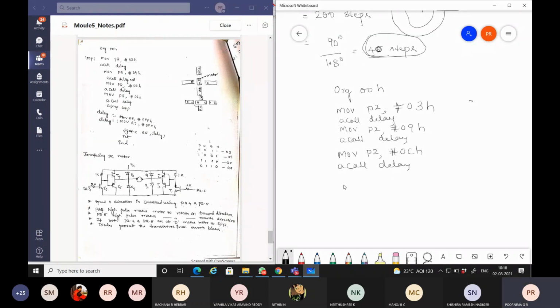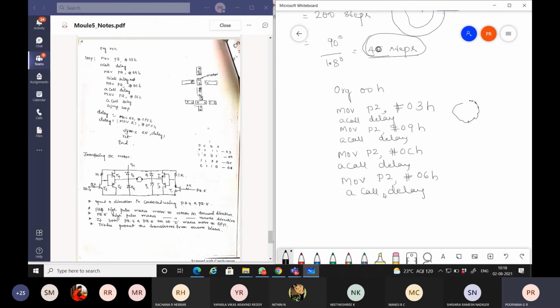Then the last code, MOV P2, #06H, a call delay. After calling a delay, the stepper motor will start rotating like this, from that step to the next step, next step to the next step, and like this it will continue.